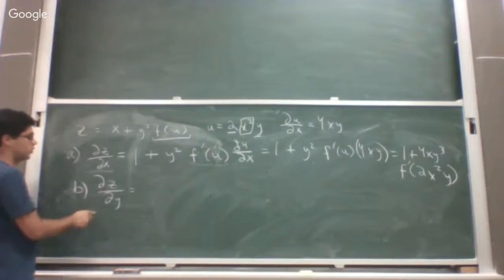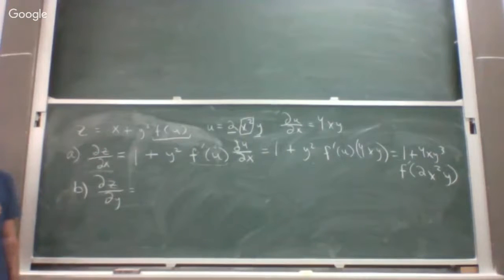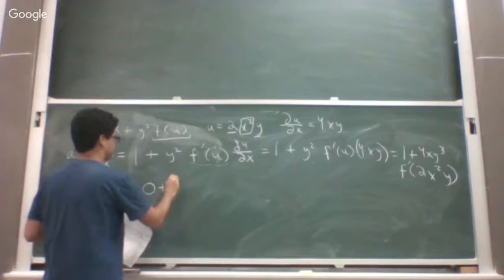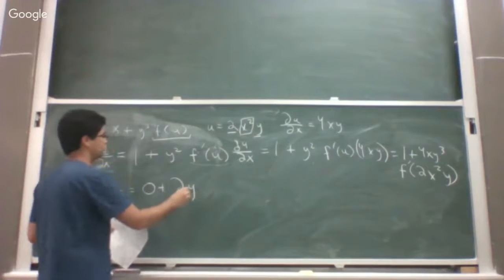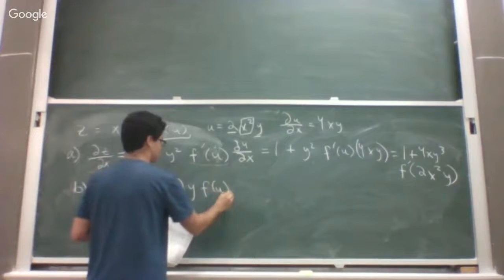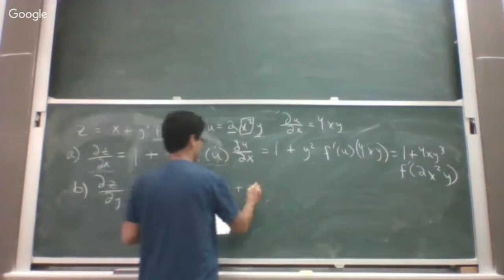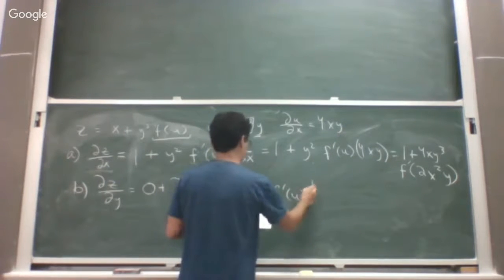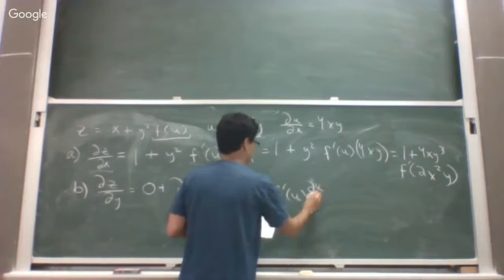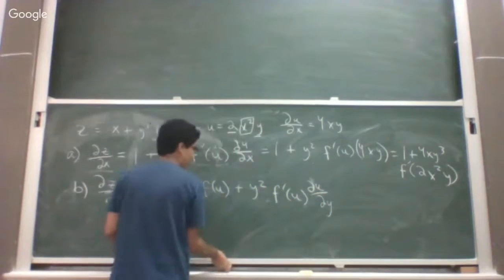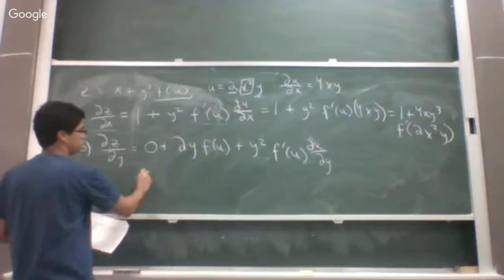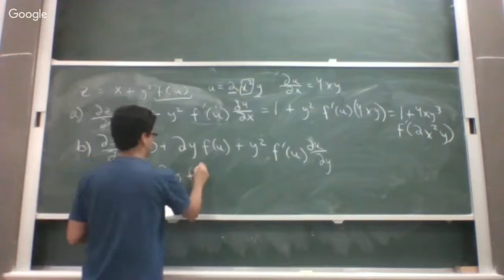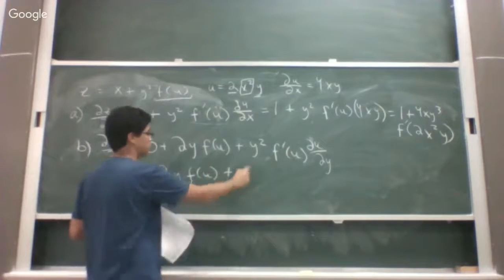So what is constant in part B? The x. So it's 0 plus what? 2y. Exactly, 2y times f of u plus y squared times the derivative of the function, which we can leave as f prime of u, times the partial of u with respect to y. So that is equal to 2y times f of u plus,